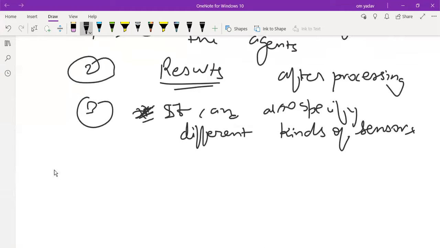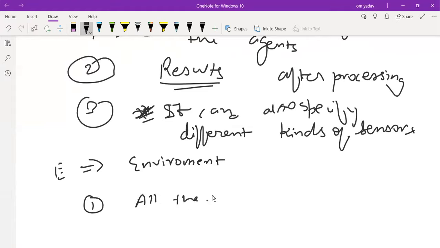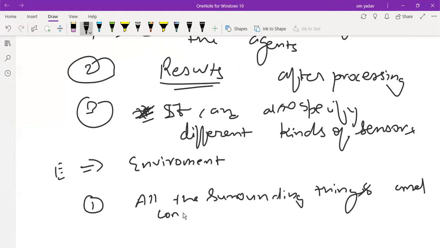Then the next is E, that is environment. The first point: what is this environment? All the surrounding things and the conditions. All the surrounding things, and whatever conditions are available. That is the first point. This is called the environment. Second point is,